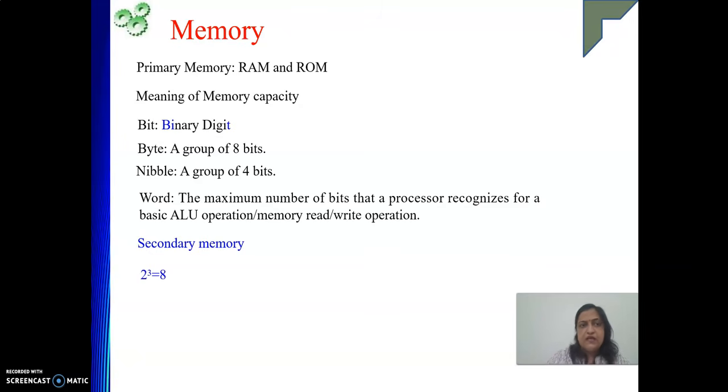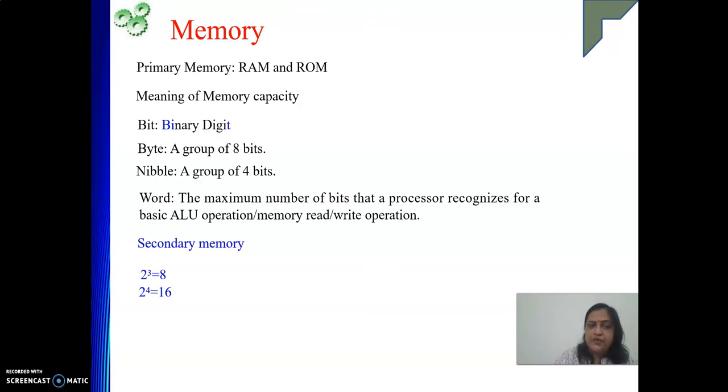Then next we will be doing some numericals on memory capacity. So see, before doing that, I would like to clear some binary concepts. So 2 to the power 3 is 8, because when we talk about memory capacity numericals, we'll be talking in binary, right? So 2 to the power 3 is 8. These numbers we need to remember. 2 to the power 4 is 16. So we have 16 locations.